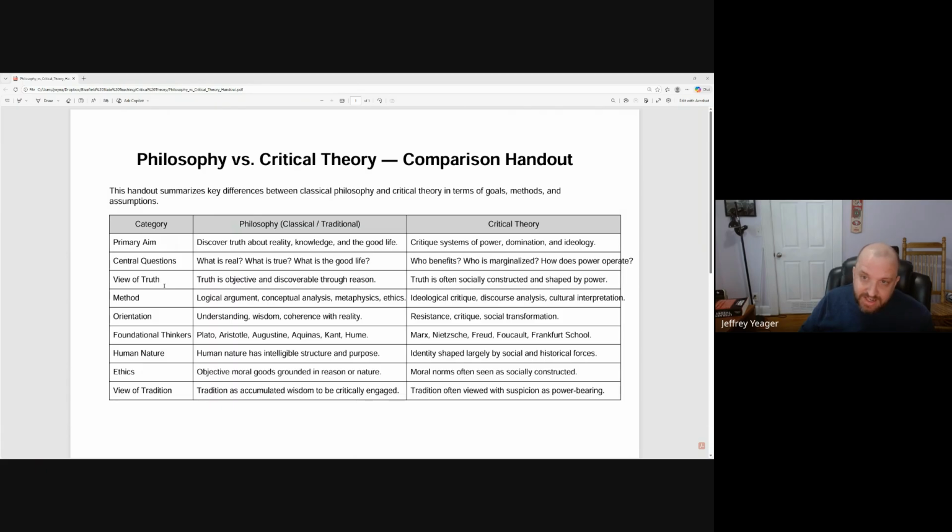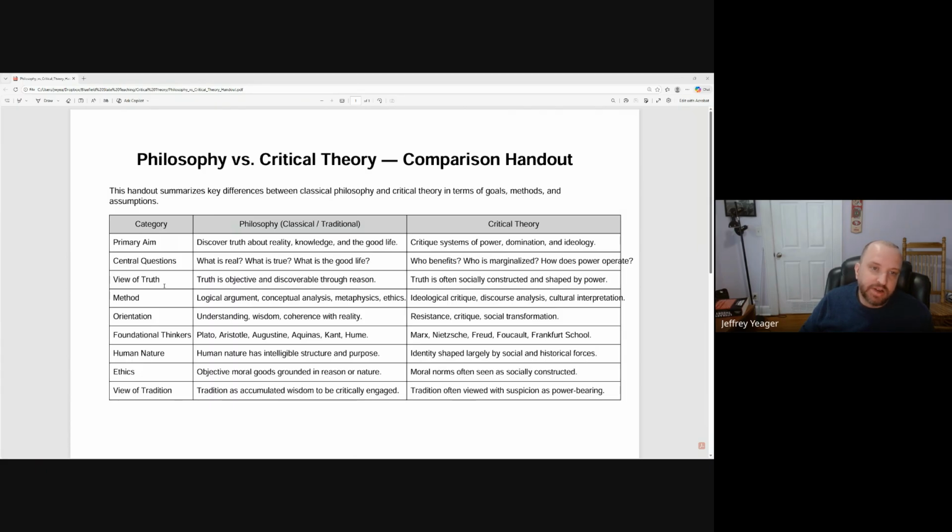So theory, as you see, some of its basic premises, it's a little more cynical than what the study of philosophy traditionally is. Theory is kind of about who's taking advantage of us, how are they taking advantage of us, whereas philosophy is more concerned with let's come up with the big answers. Maybe theory is a way of doing it, but there's other ways of doing it as well.